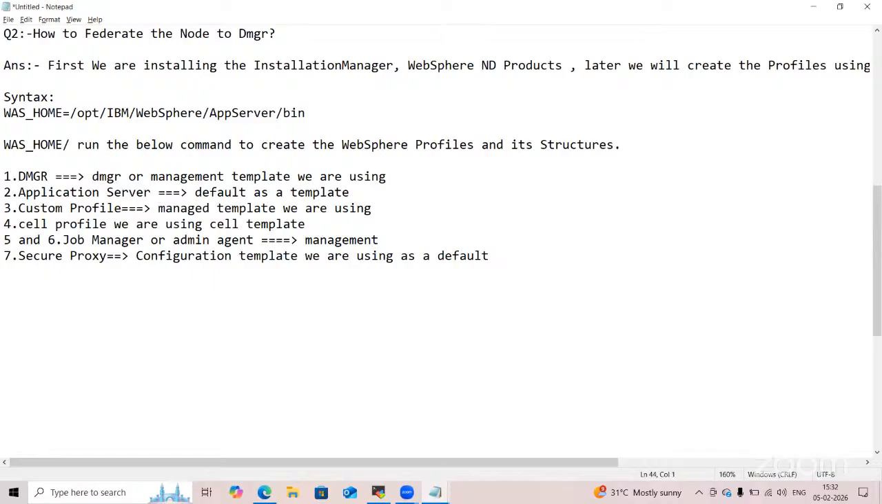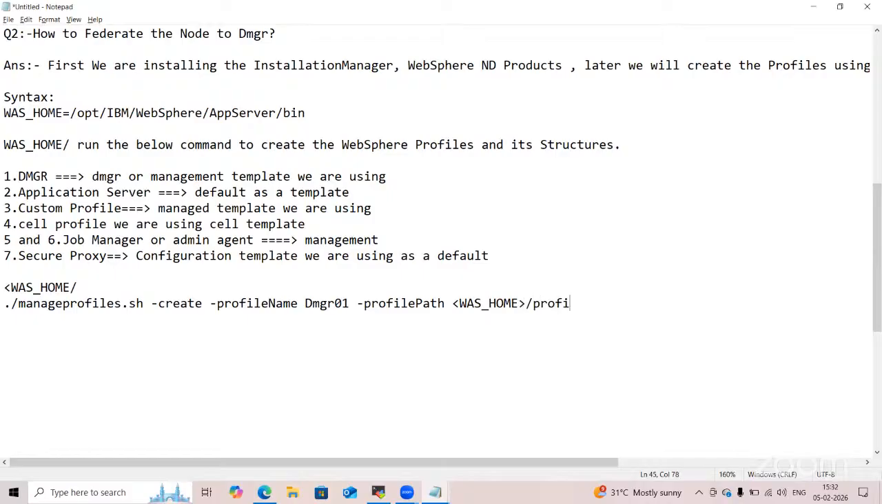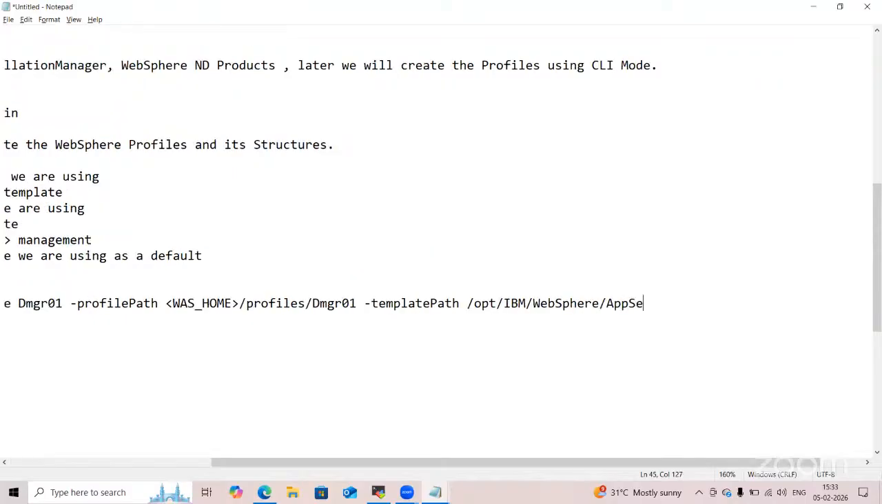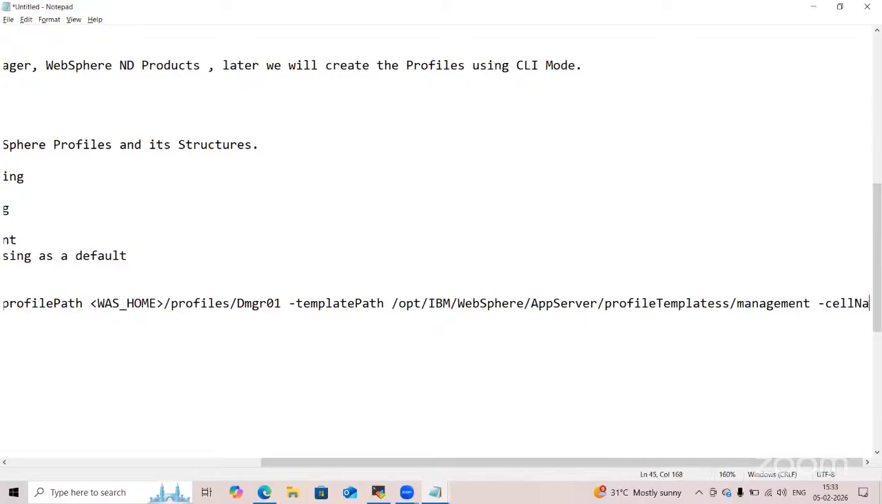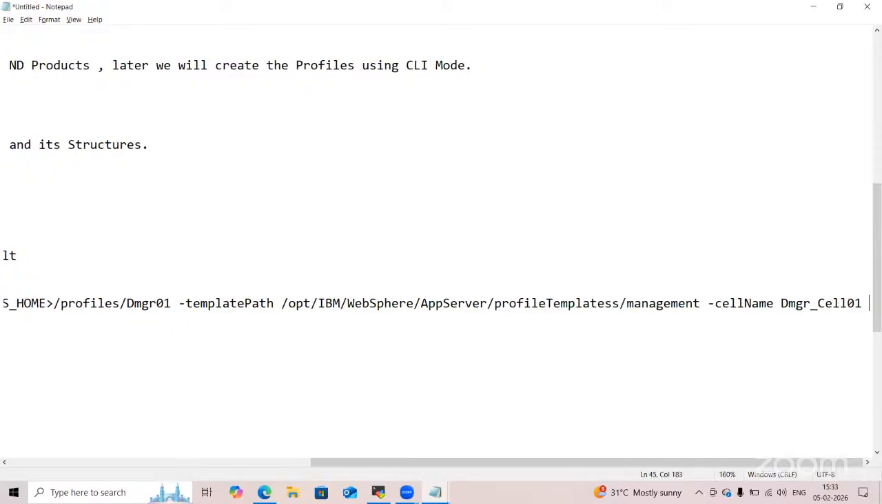Once the profile is created, use bash: ./manageprofiles.sh -create -profileName DMGR01 -profilePath $HOME/profiles/DMGR01 -templatePath /opt/IBM/WebSphere/AppServer/profileTemplates/management -serverType DEPLOYMENT_MANAGER -cellName dmgr_cell1